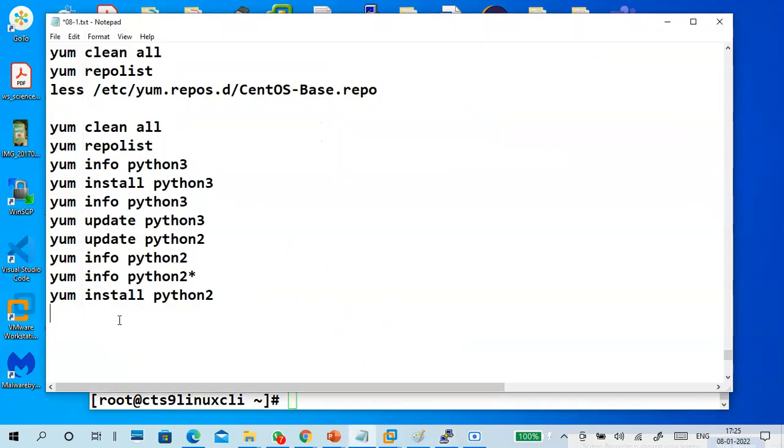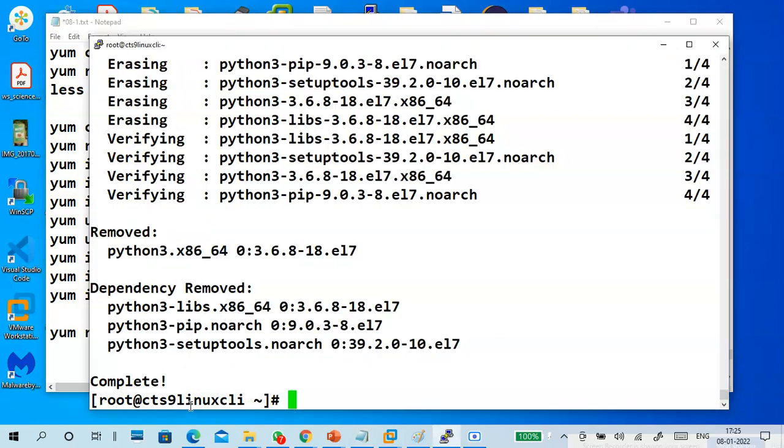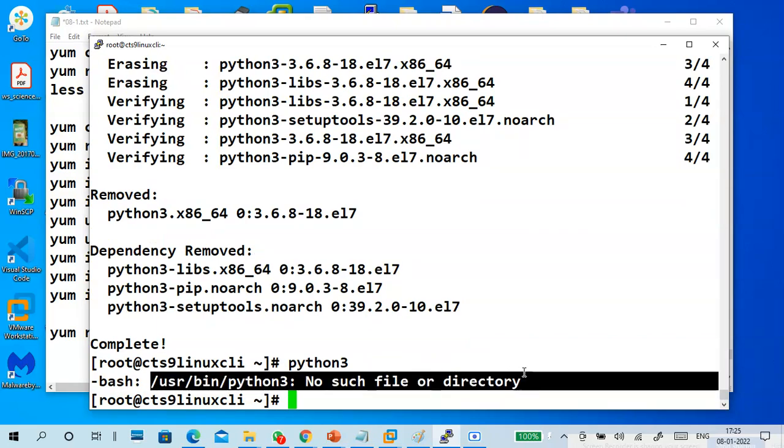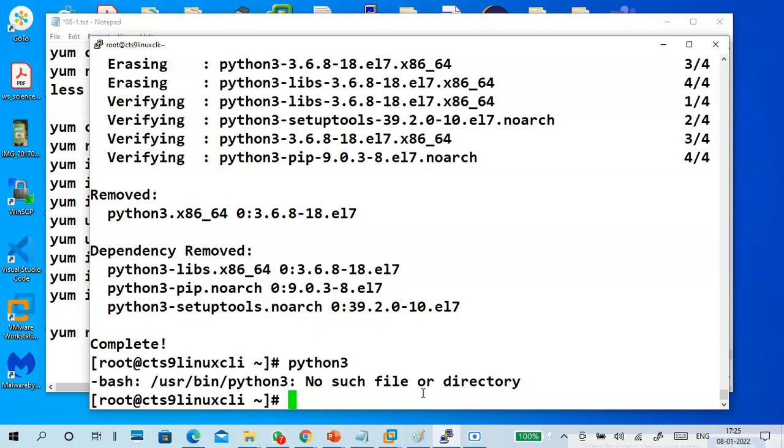So the command I use is yum remove python3. Now I will run the python3 command again. Nothing. Successfully removed from /bin.